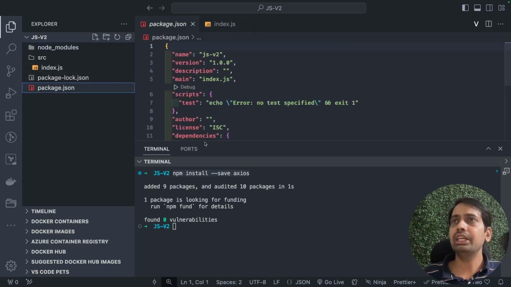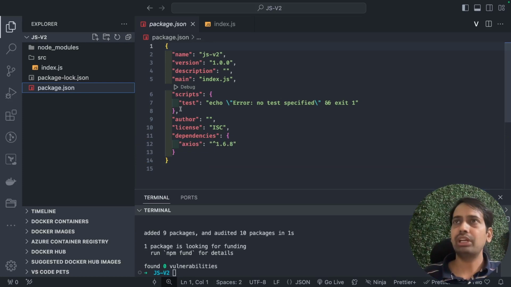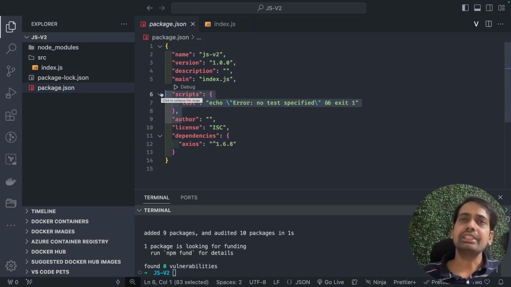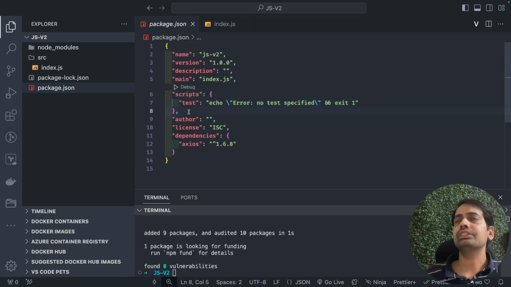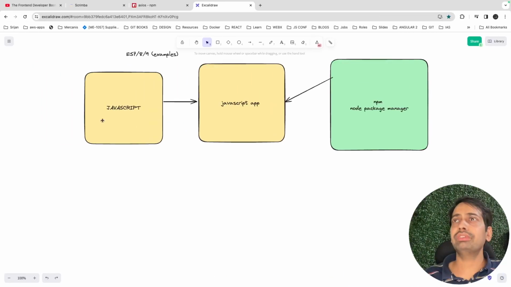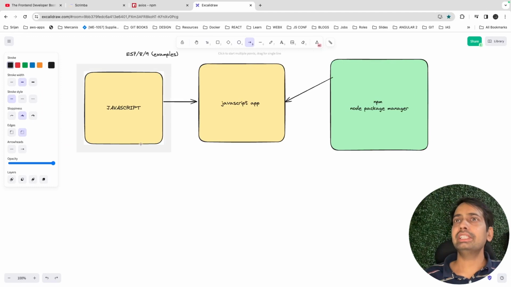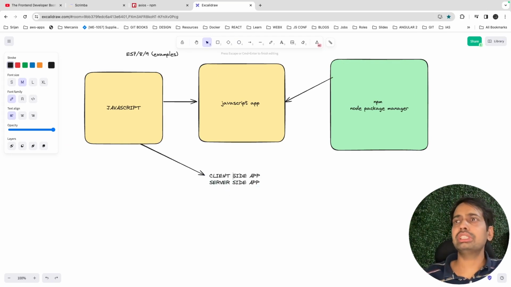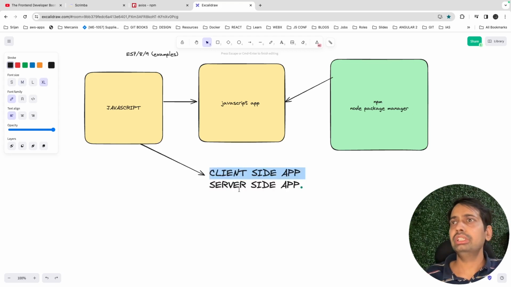And here we will learn about this package.json, what we can do with the scripts, and how we can create a tiny client-side JavaScript application which is using a package manager, including some libraries which we are installing. So with the help of this, what kind of project can you build? Almost all kinds. You can create a client-side app which is just using JavaScript. You can also build a server-side app. For that, you just need to learn Node.js syntax a little bit,